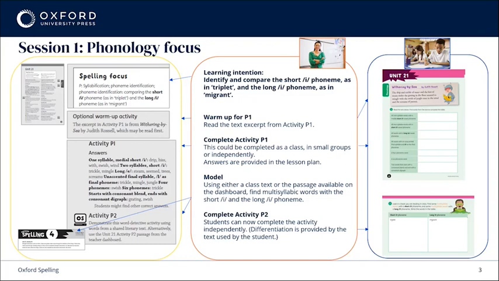Begin the phonology session by articulating the learning intention for the session. This is taken directly from the Oxford Spelling lesson plan in the Spelling Focus section. You might say, today we'll be identifying and comparing the short I phoneme, as in triplet, and the long I phoneme, as in migrant. You would then complete the warm-up activity, reading through the text excerpt from the student workbook